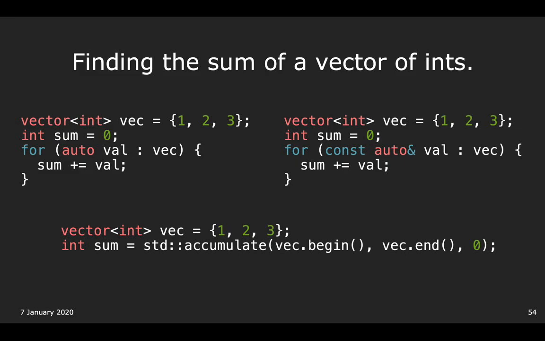Now the version that we're going to promote in this class is the third one. This uses this STL function called accumulate, which expresses intent the best. We are accumulating over the entire vector starting from 0. And by week 3, I believe, you should understand every part of this line right here. So this is just a full example of what expressing intent means.